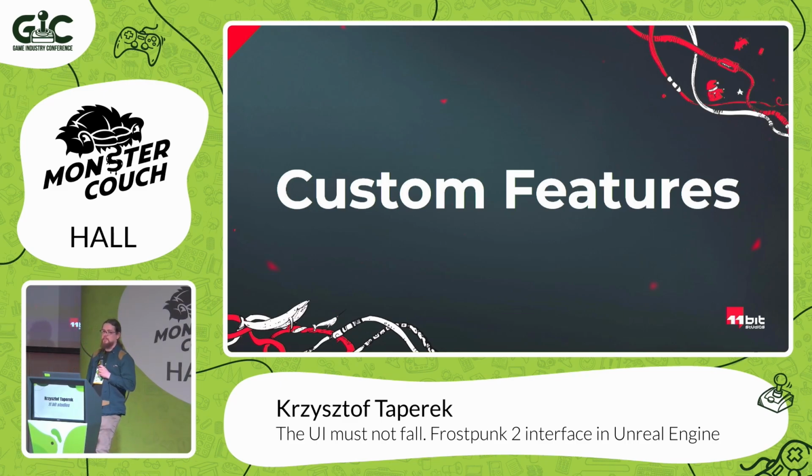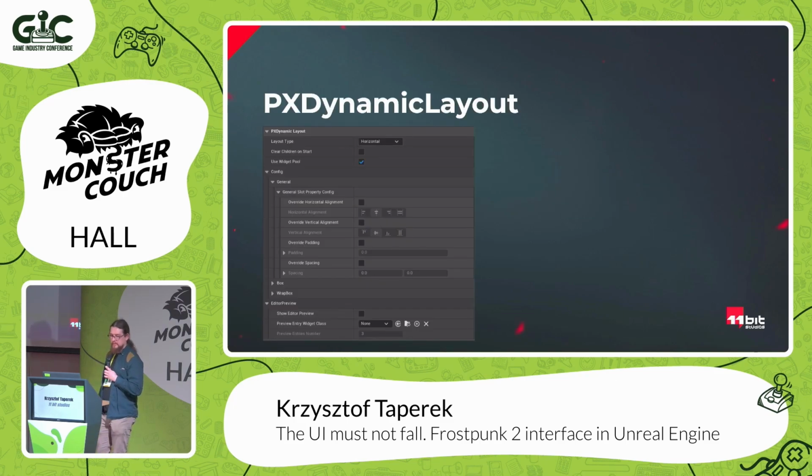We implemented a lot of things similar to Frostpunk 1, of course, but we still lacked a lot of widgets that would simplify the work. One of the first ones, not implemented by me, but our team, because we had so many people, so there was time finally for implementing basic blocks. We just created dynamic layout, which is the replacement for box layouts and vertical horizontal layouts because they suck in Unreal basically. And we have just a single widget for them that could switch between vertical and horizontal.